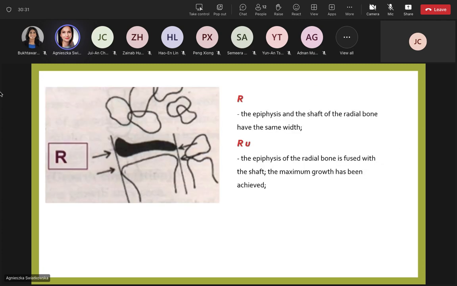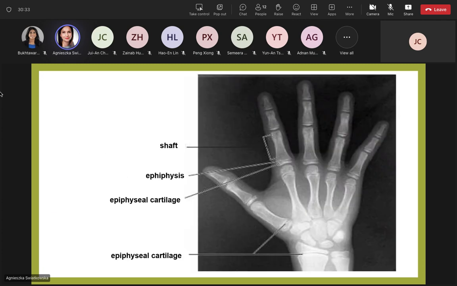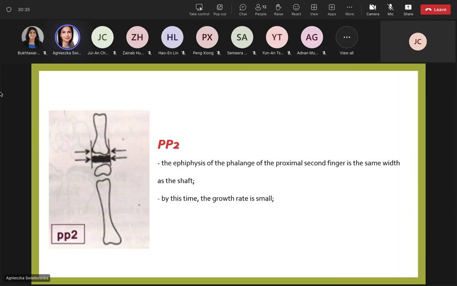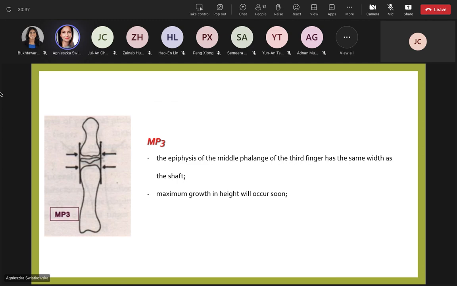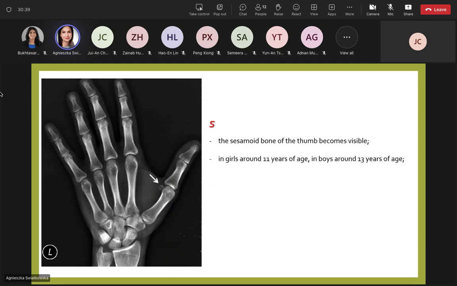What you should know is that we have characteristic changes and stages. For example, this is the sesamoid bone, and when we can see the sesamoid bone of the thumb, though it's not always visible,